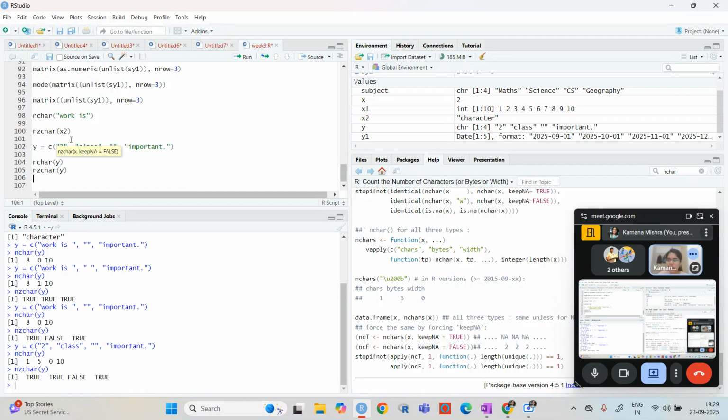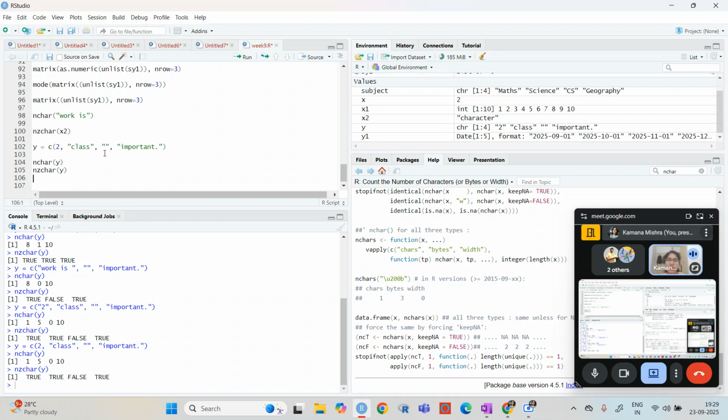Even if I write just 2, nzchar is not considering that 2 is numeric and returning FALSE or counting it as 0.